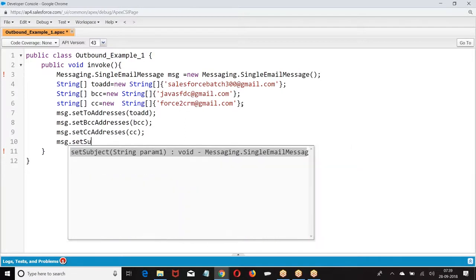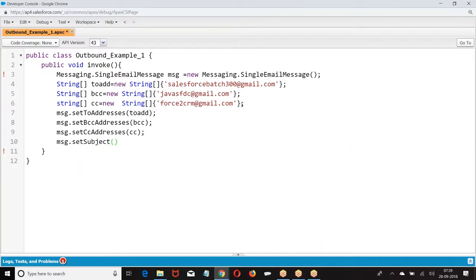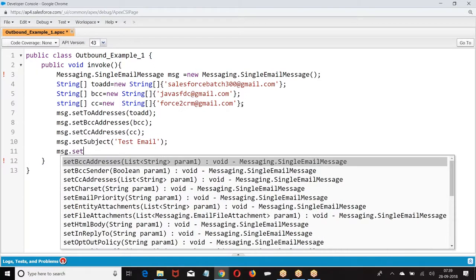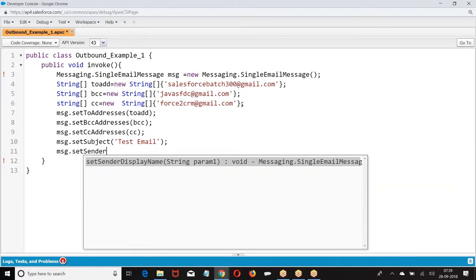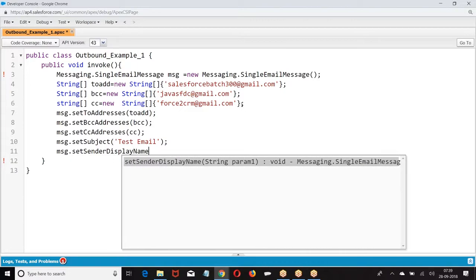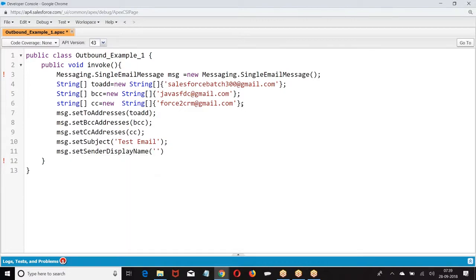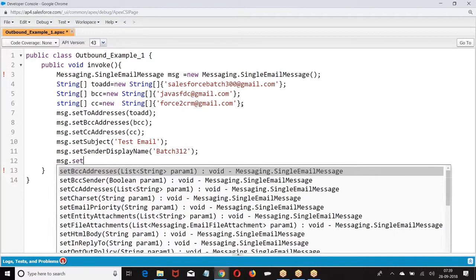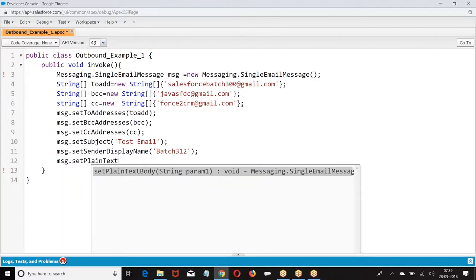Message.set sender display name. Message.set plain text body.